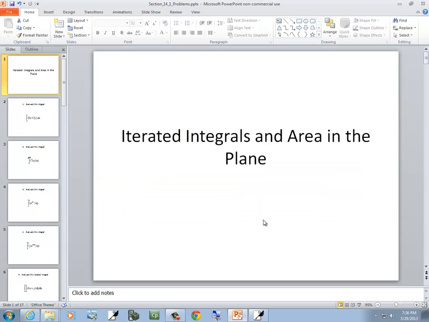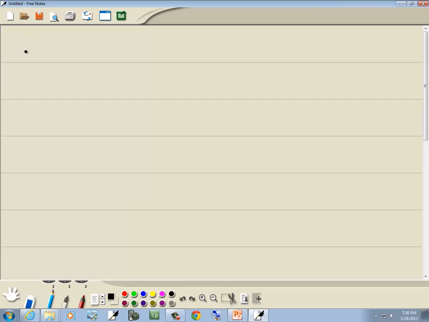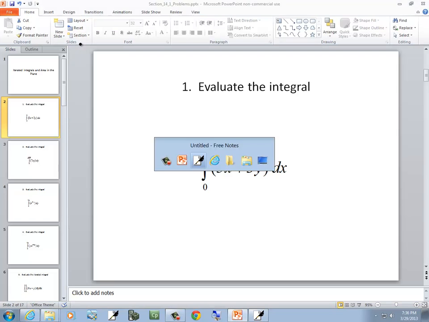Let's take a look at iterated integrals and area in the plane. Now take a look at our first problem. And from 0 to x, and 5x plus 3y